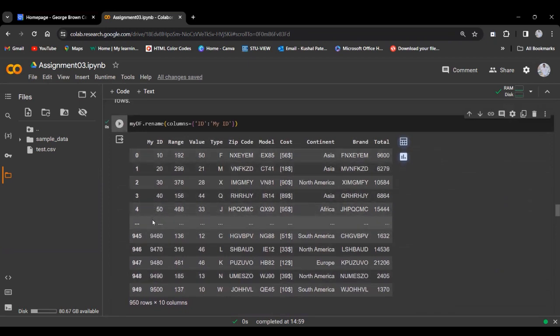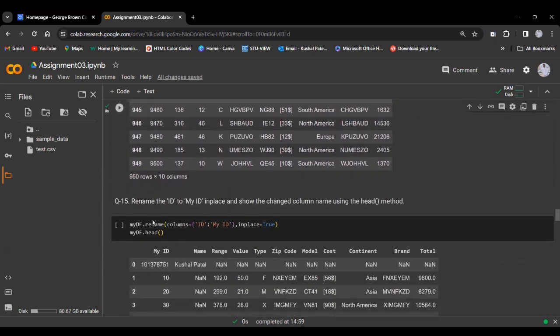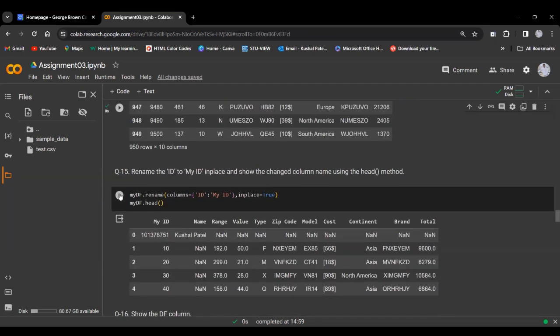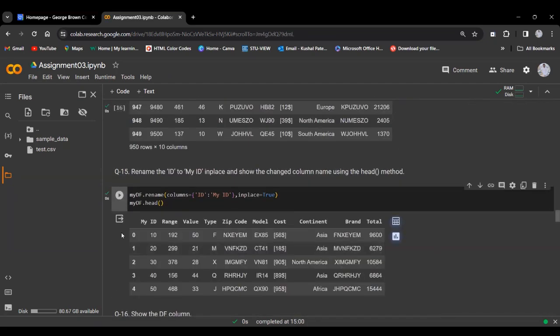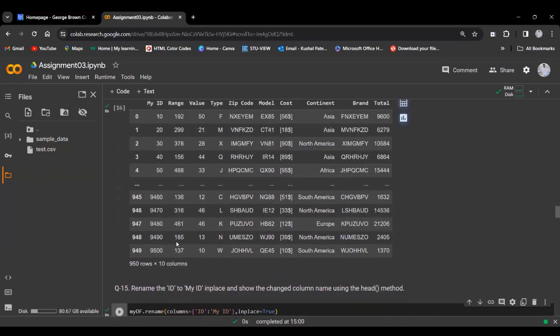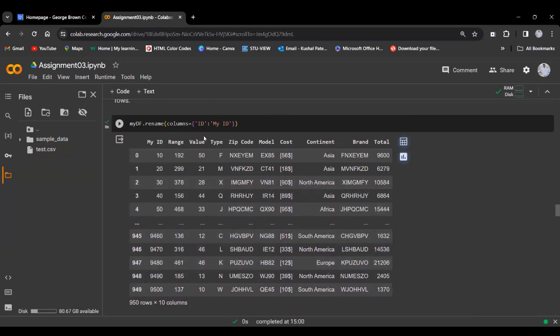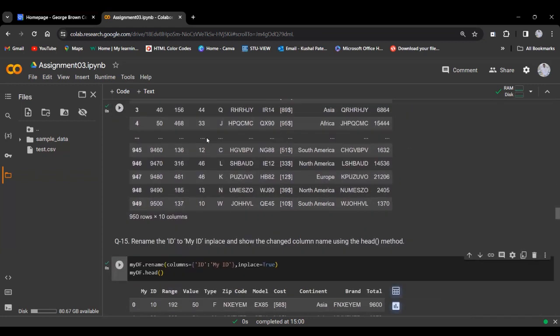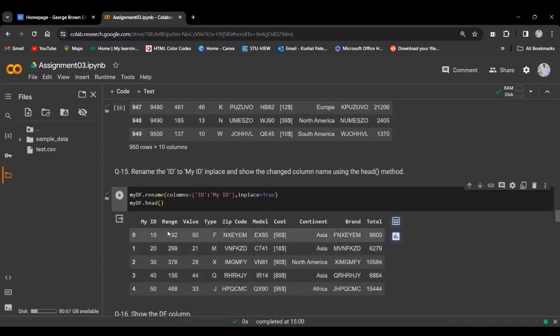If I run this, what's the difference? There is no such difference, but it will show you the original one, which we didn't change anything, the original data set,